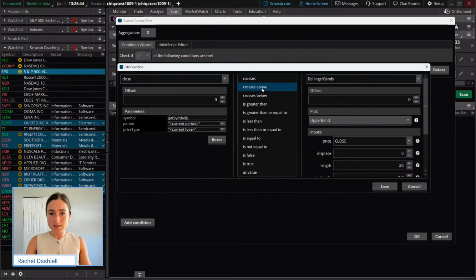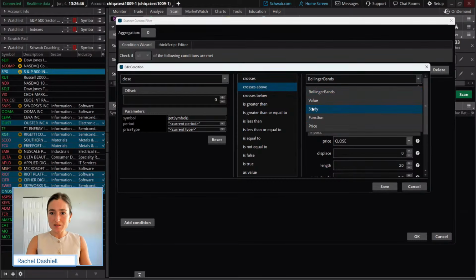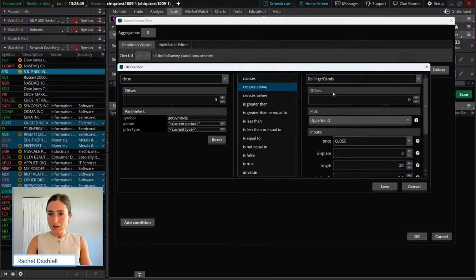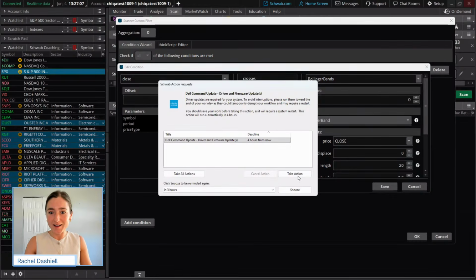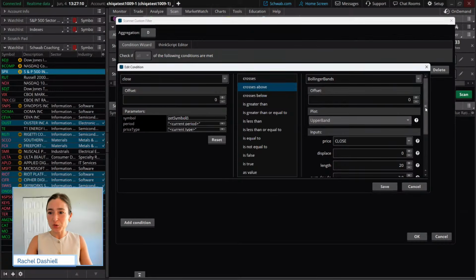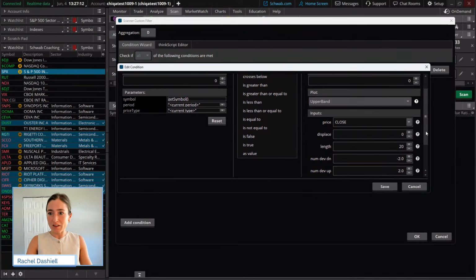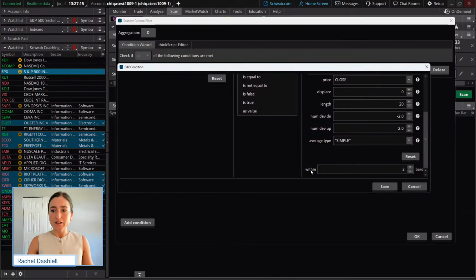So we're going to say close crosses above, and then all we needed to do was select studies, search Bollinger Bands here, and instead of midline, we select upper band. So we select upper band because we're looking for a bullish breakout. We're looking for a bullish trend because there is lots of bullish trends out there. We just saw that S&P 500 equal weight break to new all-time highs. So we're going to do a break of an upper band, and then I put in this section down here, it's going to tell us within 2 bars. So it has broken above or crossed above the upper Bollinger Band within the last 2 days.